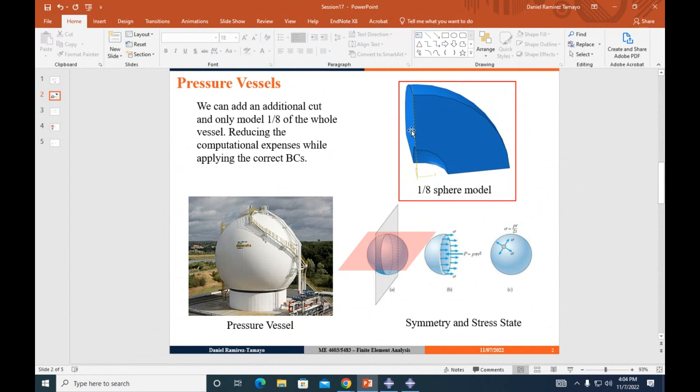This is gonna save a ton of computational time, because it is not linear. So if 1/8 of the problem takes 10 seconds to solve, the whole problem is not going to take 80. It's going to take way more. The solvers that solve this system of equations don't work linearly. If you have more degrees of freedom, it grows exponentially. So the more degrees of freedom your problem has, the more computational time it is going to take. All right. So we're going to do this sphere.